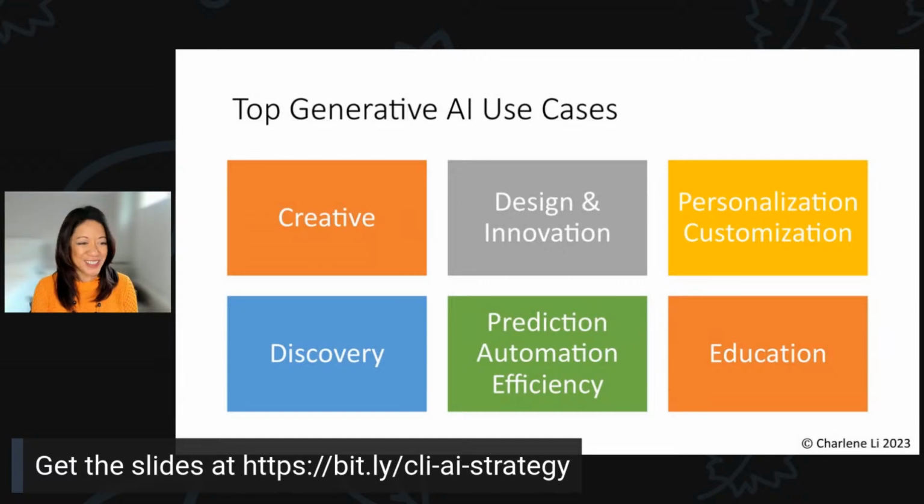Prediction, automation, efficiency. This is happening now, where it's automating a lot of the repetitive tasks that knowledge workers have in manufacturing, in customer service, for example, in data analysis. If you've had a chance to play with Code Interpreter from ChatGPT, where you can upload a data set or a spreadsheet and just query it, you don't need to know how to create pivot tables or know anything about data analysis. You can just ask a question with natural language and it'll give you back the answers. It's amazing to be able to try that.